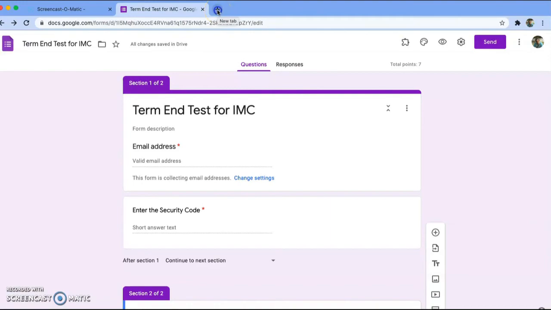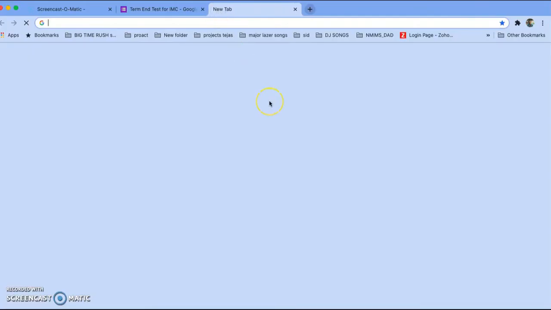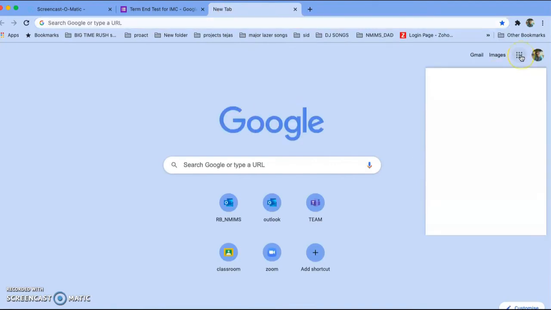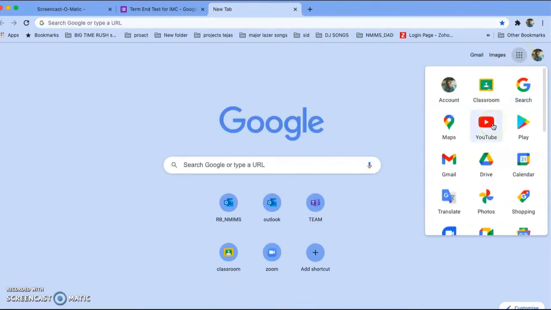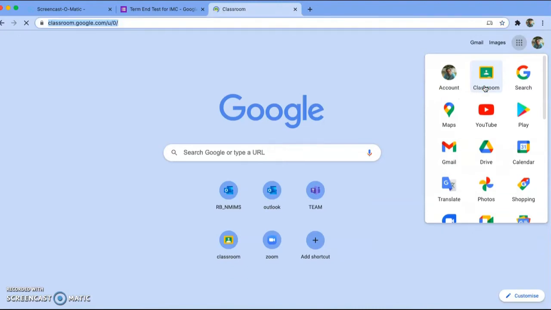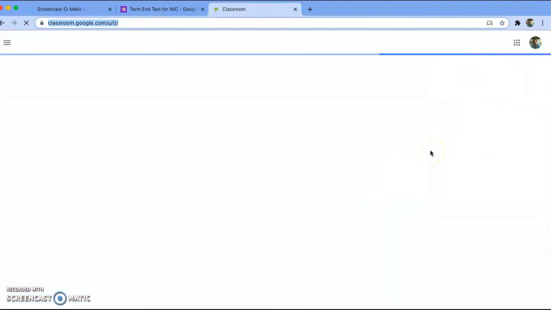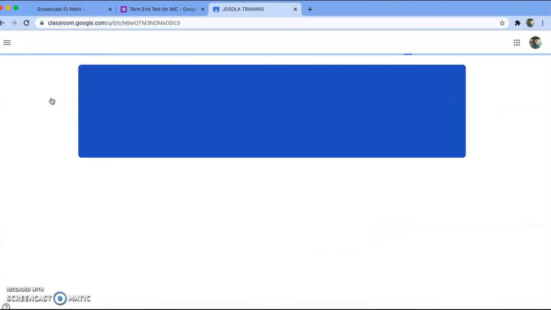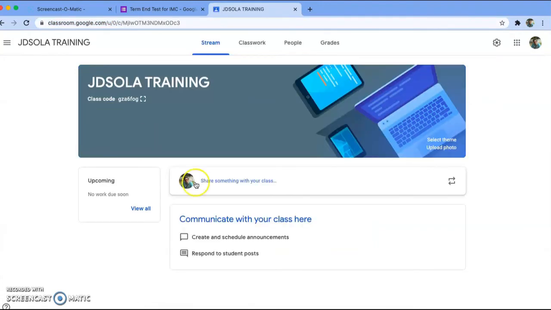How will they post? So now let's assume that I am the exam department. So I go to my Google Classroom. Let's say Professor Ramanan Bala has sent me this link, and the exam starts now at around 4:15. So as an exam department, I enter the class. I have two links. I can select any one of the links to post. I go to the classroom which has been created for all the students who are attending today's IMC class, and